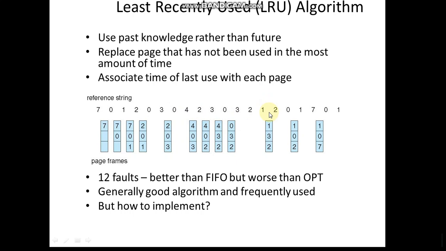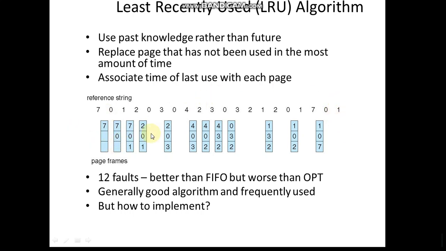3 and 2 are available, and the request for 1 is causing a page fault. So among 0, 3, 2, the older one is 0, and that is replaced. Then a request for 2 has arrived. Among 1, 3, 2, 3 is the older, and that is replaced by 0, right? So 0 and 1 are not causing any page fault, kept as they are. Among 1, 0, 2, the older one is 2, so that is replaced by 7. Again, the requests for 0 and 1 have come, which are already in main memory, not causing any page fault.